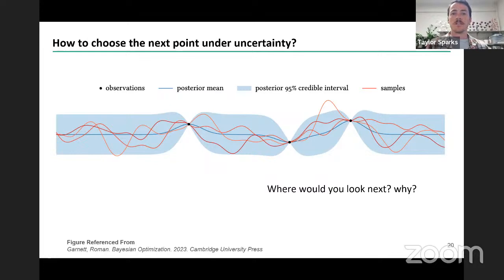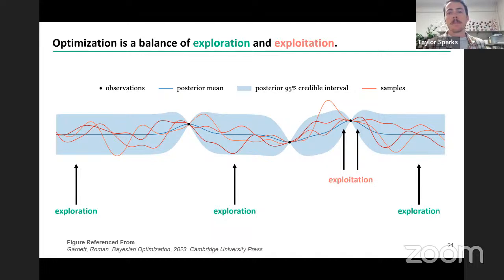So the catch is, what do you do next? How do you know which sample point to have next? You only started with 3 here. Where would you look next if you're trying to explore your solution space? Well, you've got options. The most common way to frame this is in terms of exploration versus exploitation. If, for example, you're trying to maximize this function, then you might say, of these 3 data points, this one on the right was my highest. So maybe I'm going to find other high-performing points in the vicinity of that one. That's what we call exploitation. You're exploiting your former knowledge about the system to pick something in that region.